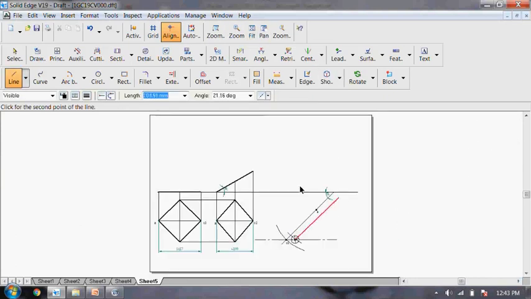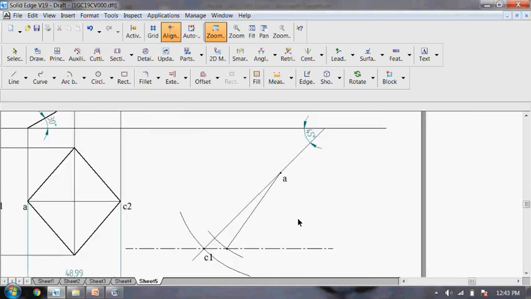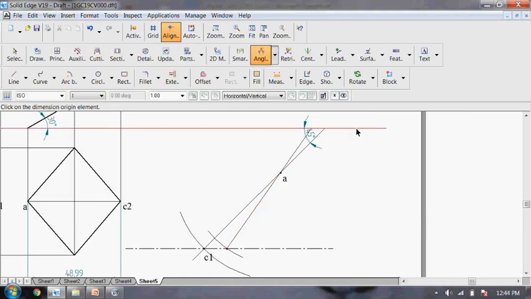Okay, click on fit screen. So just join it over here, and then extend this line. Just zoom this part. Extend this line and check for the beta angle. So now the beta angle will be the angle between this line and this line.